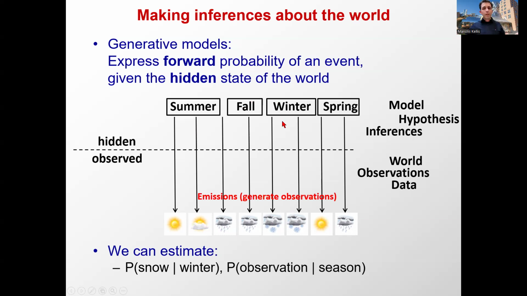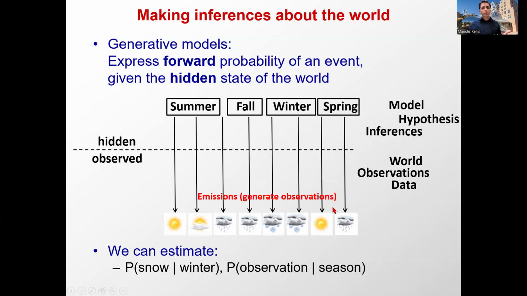The inferences are what season it is, or what storm system is going on above me. I have isolated observations, but from those observations, I'm inferring something about the hidden state of the world. Why do we care about that? Because I can then make additional predictions. I can basically say, oh, perhaps I shouldn't go sailing because there's a storm building up. Okay? So that's the whole point.